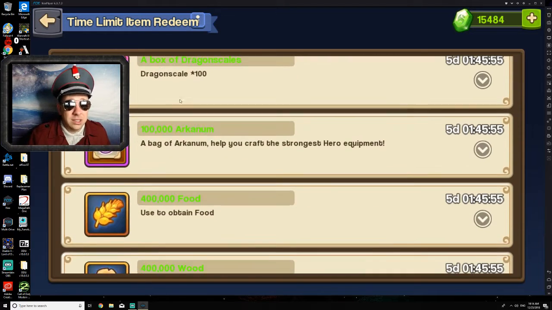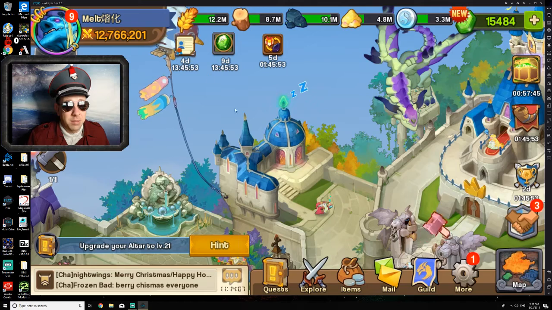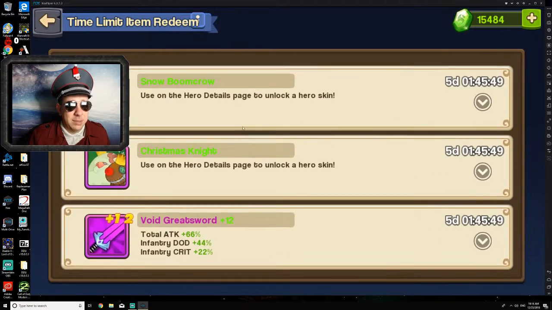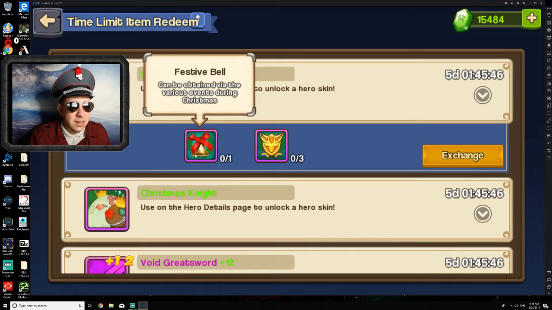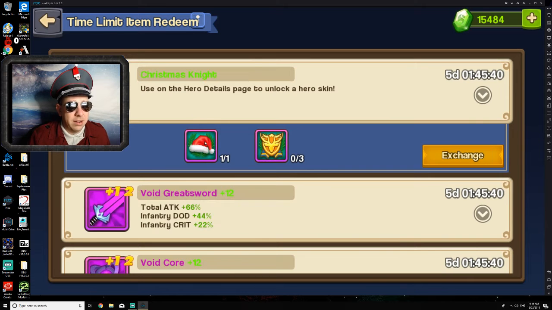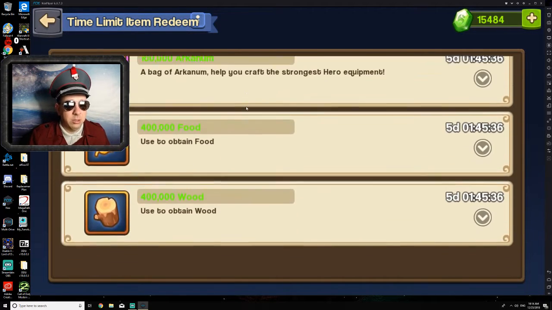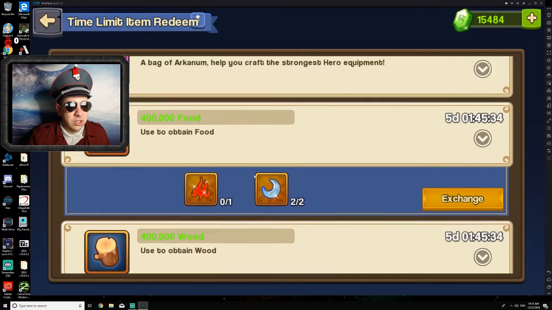So I think it's a great little addition to the game, weapons with defensive stats. So as far as the rest of this event, I think that's about it. There is a Snow Boomcrone skin, Festive Bell using Festive Chests, various events. Okay, I don't know if that's come around yet. I'll keep an eye out on that. I got a Christmas hat by opening a Holiday chest. Holiday chests do count as super equipment chests, and the rest of the stuff you can just turn in for